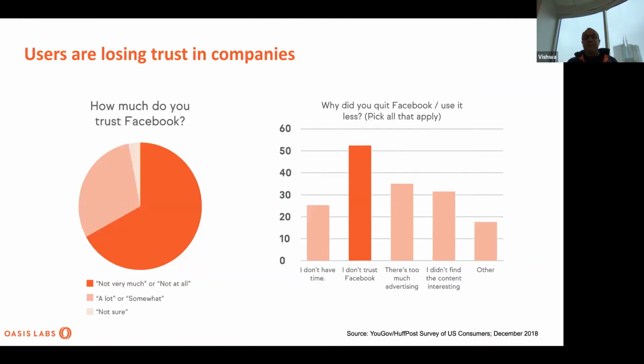And then this was a survey that went out at the end of 2018 where people were asked if they trust Facebook, and the response is very clear. More than 50% of the respondents felt that they don't trust Facebook. And this is unlike the previous case where there may have been human error in the way things were configured. In this particular case, it's clearly because of commission. It's not omission, it's commission, because Facebook did share data with third parties without the expectation or awareness of the people that were contributing that data. And this is again a huge problem that we have, and it's only going to grow. So to address this, we need a solution for sure.